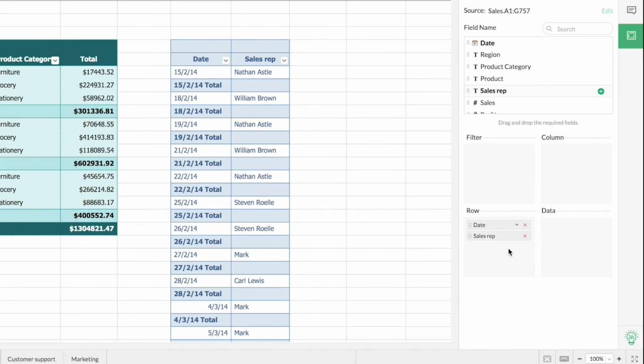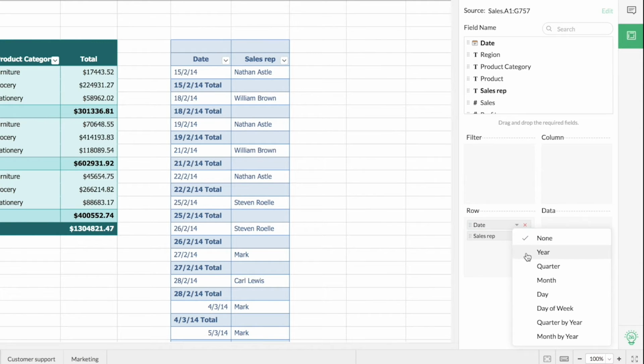So on the left, you can see that the table is giving me the daily date along with the sales representative names. But this is not exactly what I wanted, because this is what the original data set is also giving me. So now I'll have to consolidate this table based on certain period of time. So let's see how we can do that. Here in the date field, you can find a small arrow mark. So clicking on that will open up a list of ways by which you can consolidate the date.